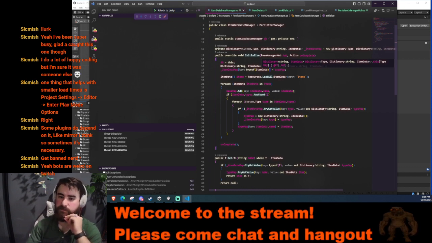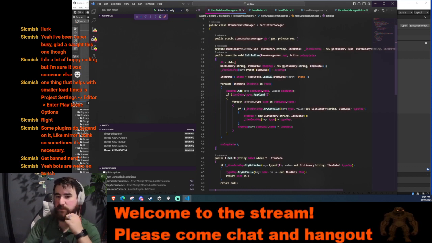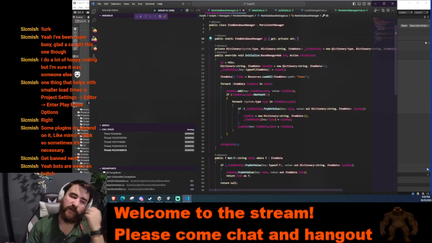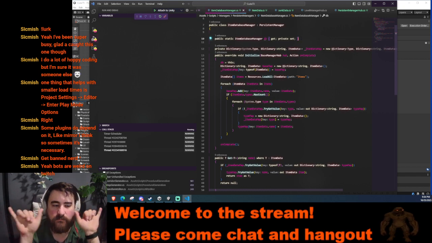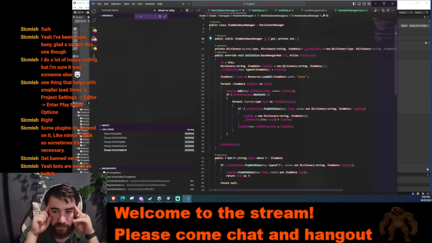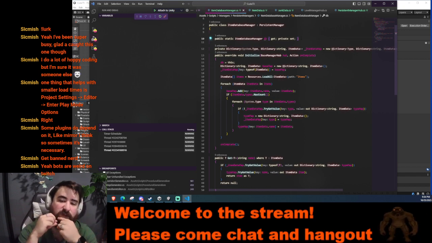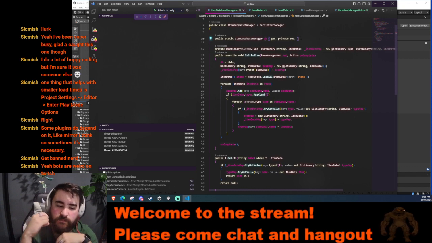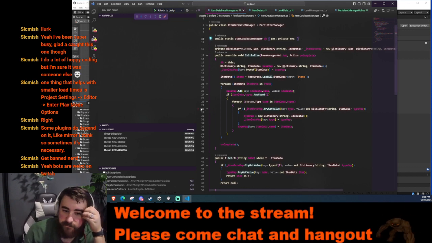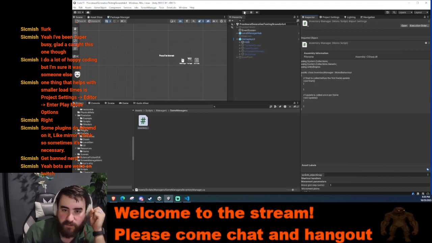I could create a string to type map or dictionary, so you could input a string and get the type back. Then when I save, I just save the type name. Right, because if I breakpoint here,